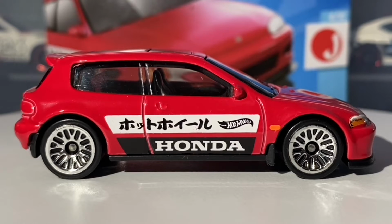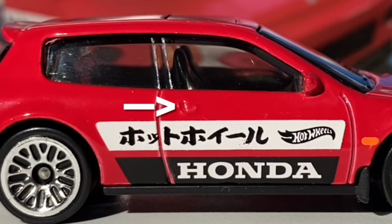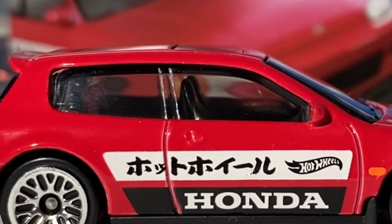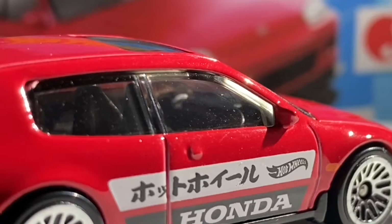So first of all, I will mention that this car's door handle does feature in the metal casting here. You can also see that this casting does have wing mirrors. That is a great thing to see, as I think it makes this car look a lot more realistic. Great job from the Hot Wheels team there. You can also see that this car's side windows are completely wound up. Hopefully you can also see that this car is right-hand drive, and you can also see that this car does